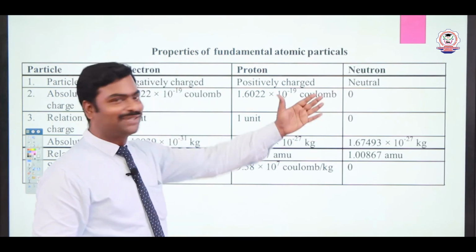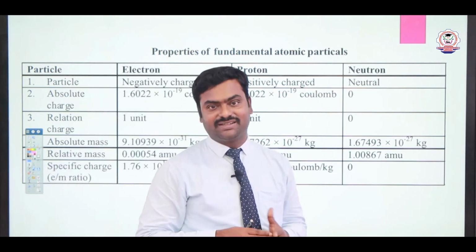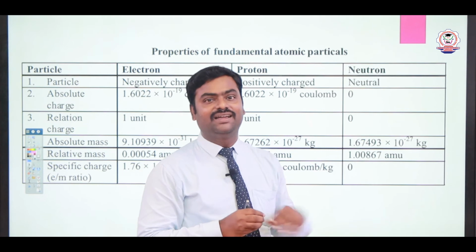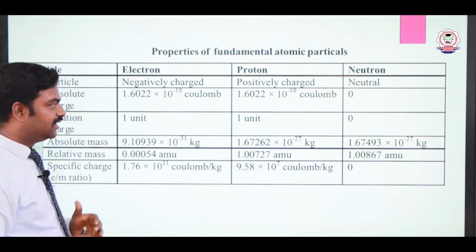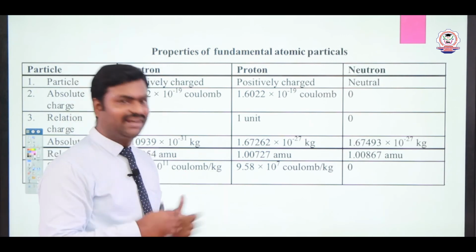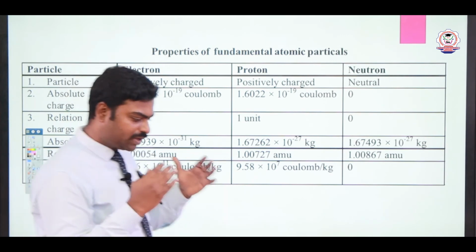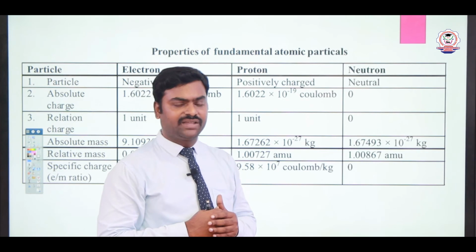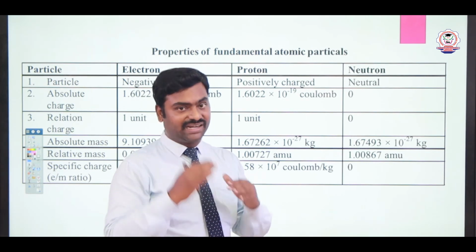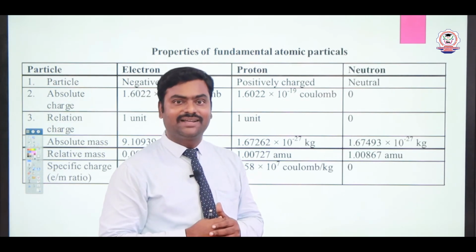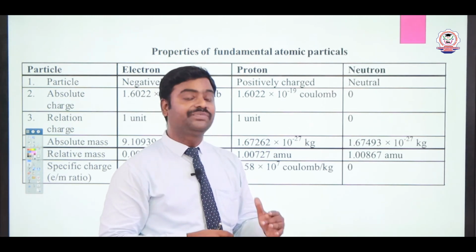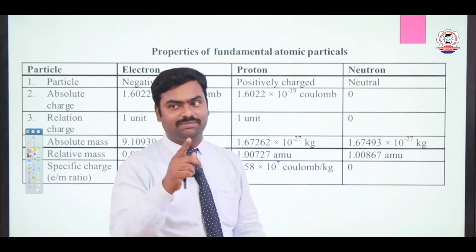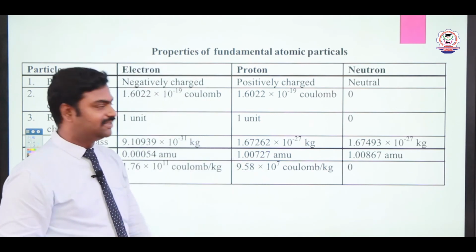Next, neutron. Yes, from the name itself, it is easily understood that it is neutral in charge. Next, the relative charge. Yes, we can relate the charge. If you consider the charge 1.602 as a relative one, you can identify that electron carries 1 unit, proton also carries 1 unit, but electron is minus 1, proton is plus 1. Neutron is always 0, right?